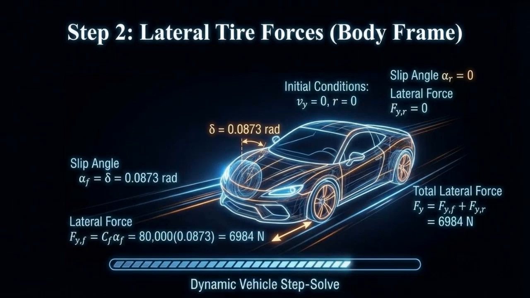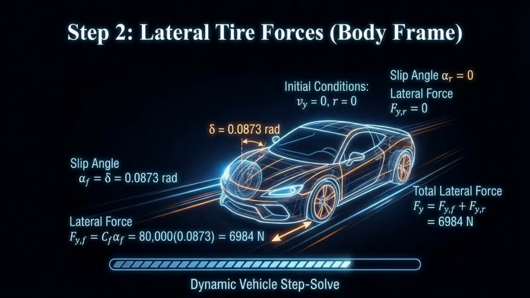Because of this, the front slip angle is set entirely by the steering input. The steering angle of 5 degrees corresponds to 0.0873 radian. The rear slip angle is 0 since there is no sideways motion or rotation yet. Lateral tire force is computed as cornering stiffness multiplied by slip angle. Using a cornering stiffness of 80 kilonewtons per radian, the front lateral force becomes